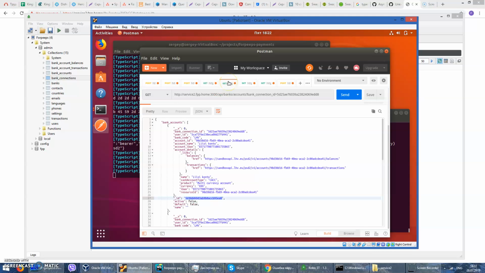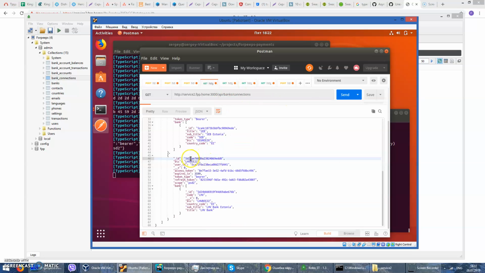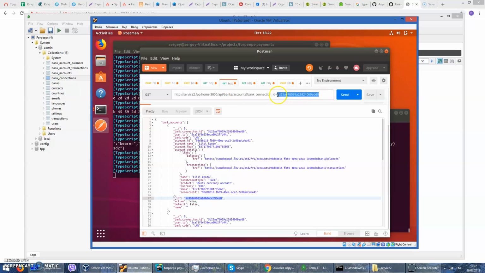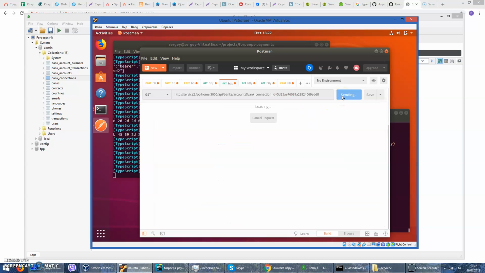Yeah. So now I'd like to get the accounts for these bank connections. So I need to copy this bank connection and send the request to get the accounts for this bank connection. Unfortunately, sometimes on the Sandbox the consent is removed, so you need to recreate the consent to get the consent ID manually, or